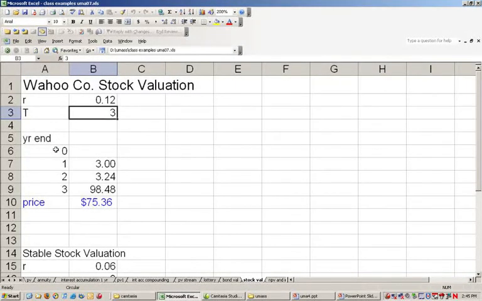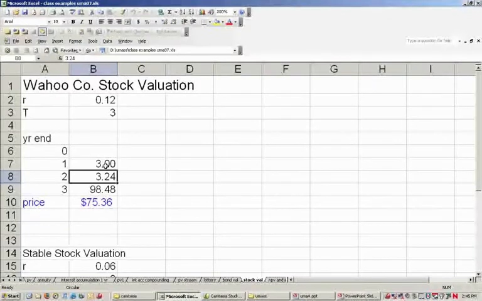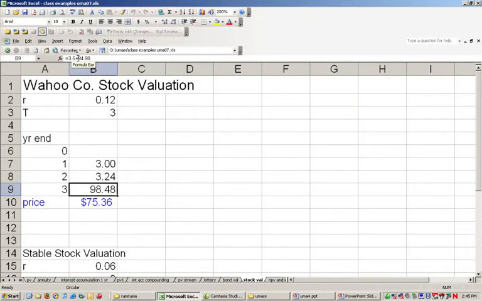The cash flows are going to be looked at over years 0, 1, 2, and 3. The dividend payment in year 1 is $3. The dividend payment in year 2 is $3.24. In year 3, the shareholder gets the dividend payment of $3.50, plus expects to be able to sell the stock for $94.98. And the NPV calculation,